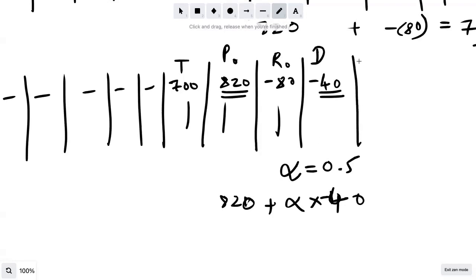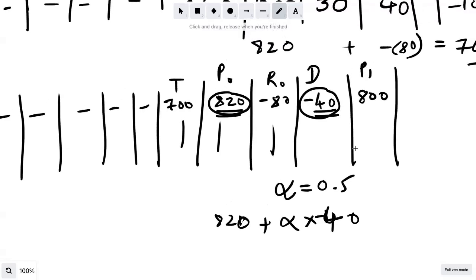So the actual prediction that we are now making is the prediction from the original average plus the alpha, the learning rate, times the prediction from the decision tree. So 820 plus 0.5 multiplied by minus 40, so minus 20, 820 plus minus 20, that is 800. Okay. So this prediction, P1, comes from our average plus our first decision tree. That's how P1 comes in.